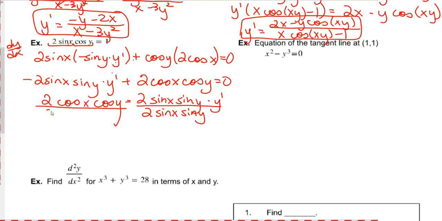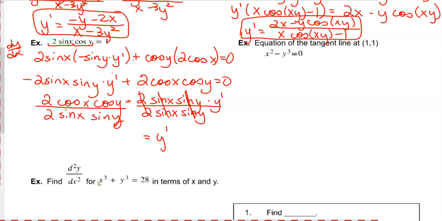And so on the right side, everything cancels except for the y prime, which is good. Sorry for the delay. So here, this goes away, that goes away, and this goes away, leaving me with a y prime on here